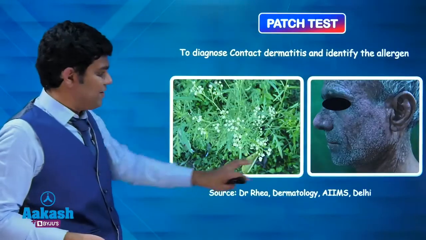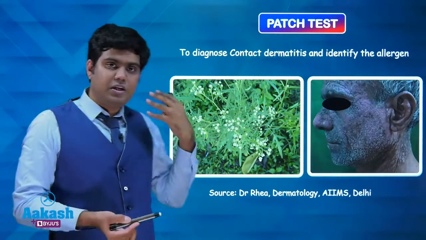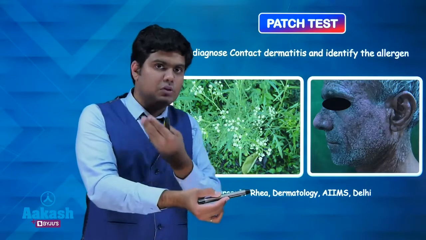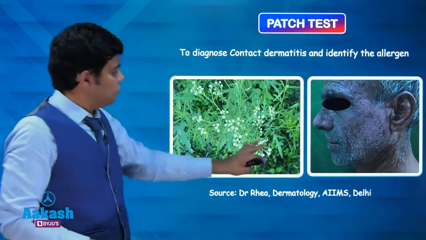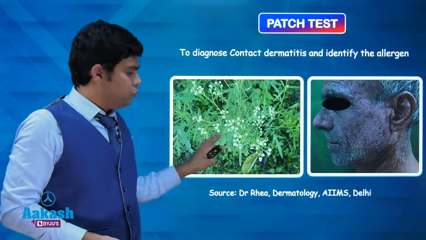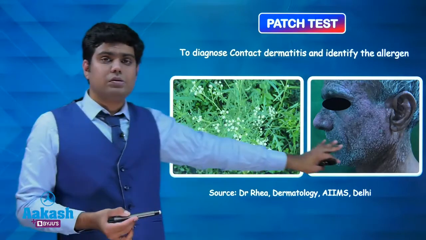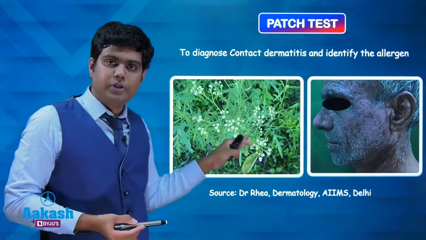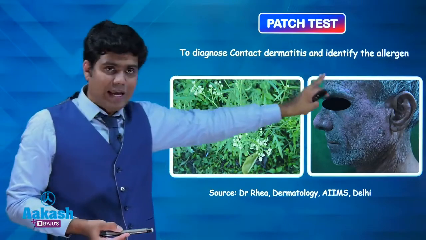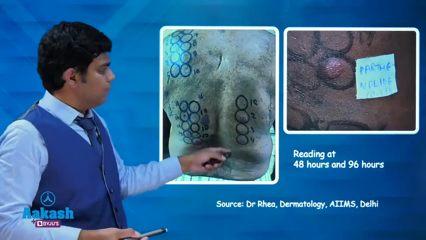Okay, so patch test. A patient, a farmer, presents with skin lesions, allergic lesions, eczematous plaques over the body folds like neck and exposed parts. You should think of Parthenium dermatitis, an airborne contact dermatitis. Usually a cause in farmers is Parthenium. So how do we diagnose this? You have an allergen in the Parthenium plant that is airborne, so you have to identify the allergen. How are you going to do that? With the help of patch test.